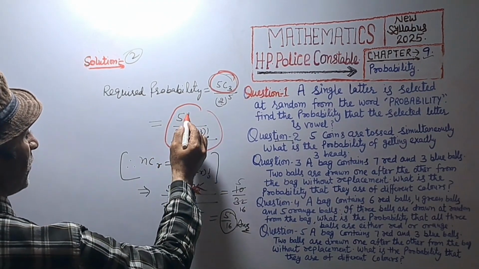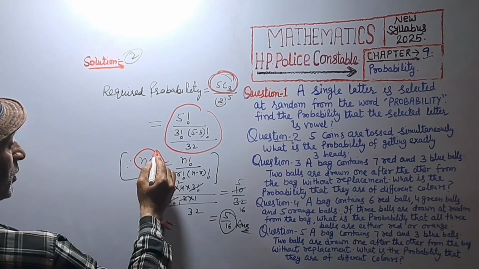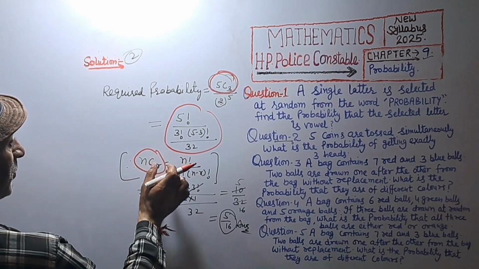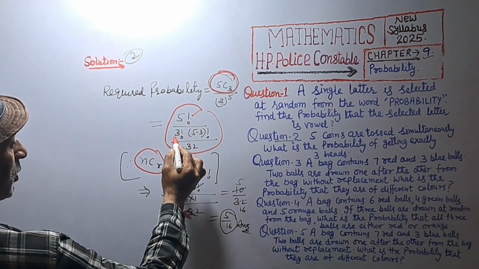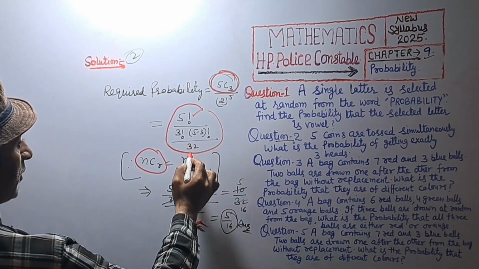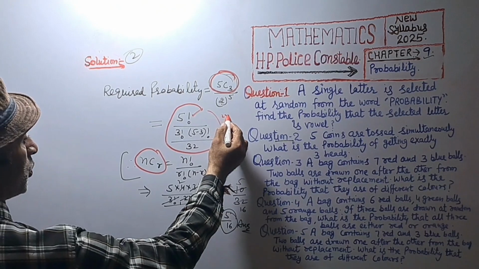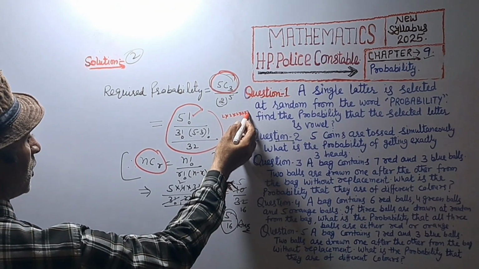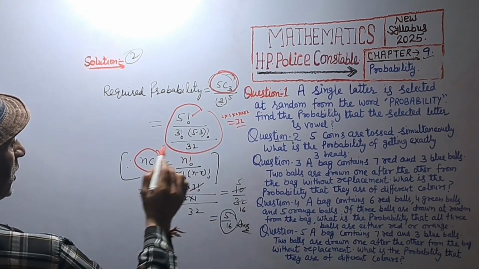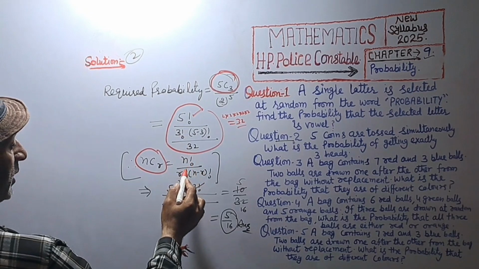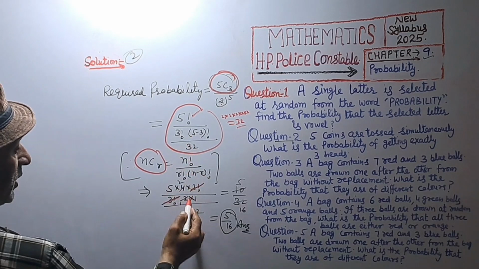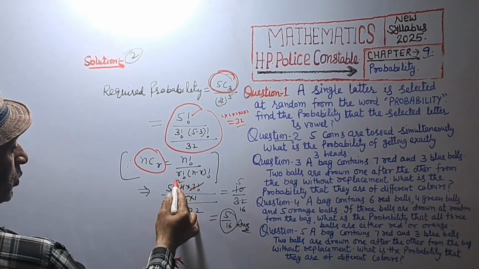5C3 is equal to 5 factorial. nCr equal to n factorial upon r factorial into n minus r factorial. So 5C3 equal to 5 factorial upon 3 factorial into 5 minus 3 factorial, divided by 2 raised to power 5, is 2 into 2 into 2 into 2 into 2, that is equal to 32. 2 to the 4 to the 8 to the 16 to the 32. 5 factorial we can break as 5 into 4 into 3 factorial, which is cancelled, and 2 factorial we can write 2 into 1. 2 ones are 2 and 2 twos are 4.